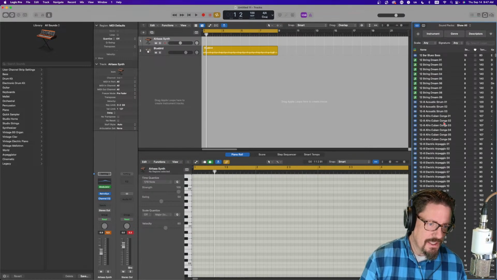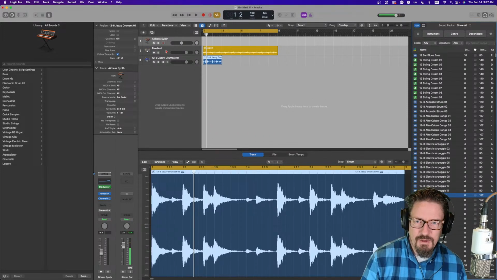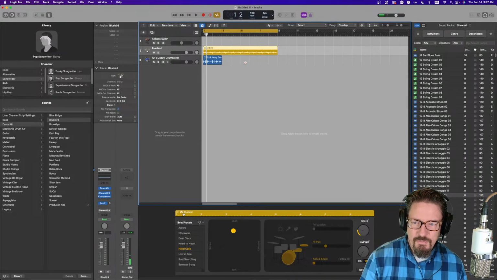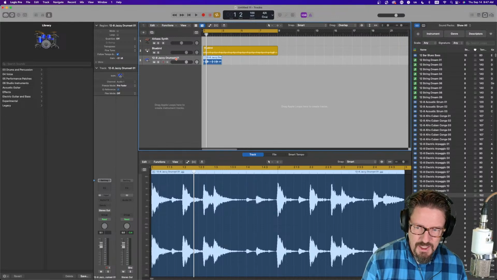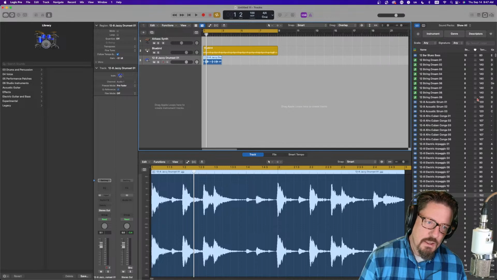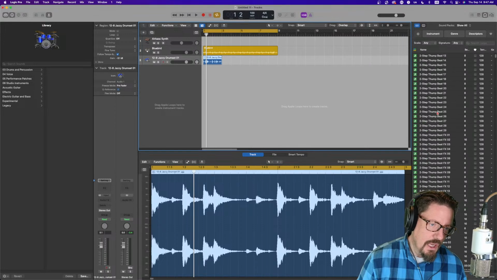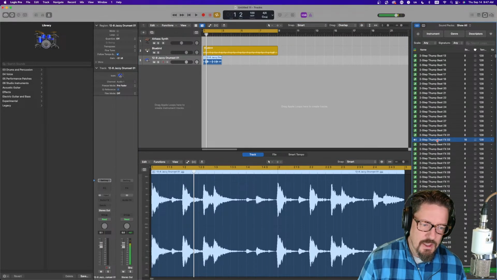So for instance, if I'm just pulling out some random drum kit, right? MIDI effects don't work on audio channels. But if this was a MIDI, let me find a MIDI one. You can actually. It's a long story. Long story short, you can use these effects on audio channels. You just have to route them in a special way, which I'm not going to do right now. But I just wanted to show this with a